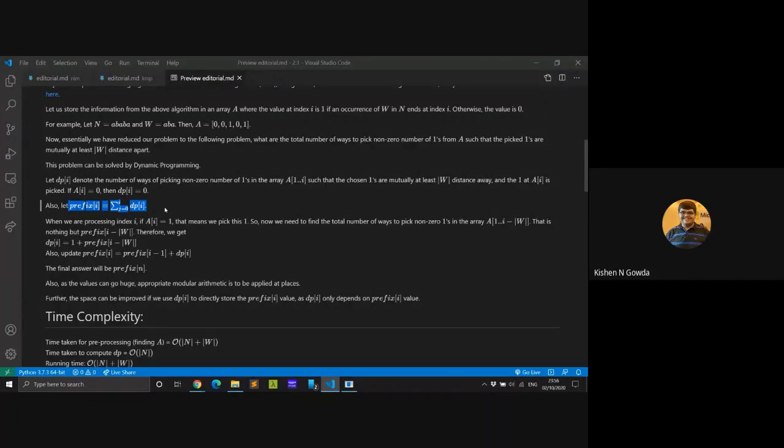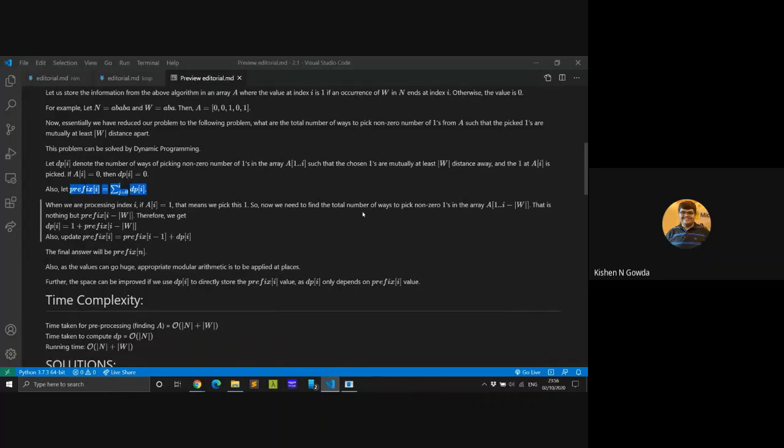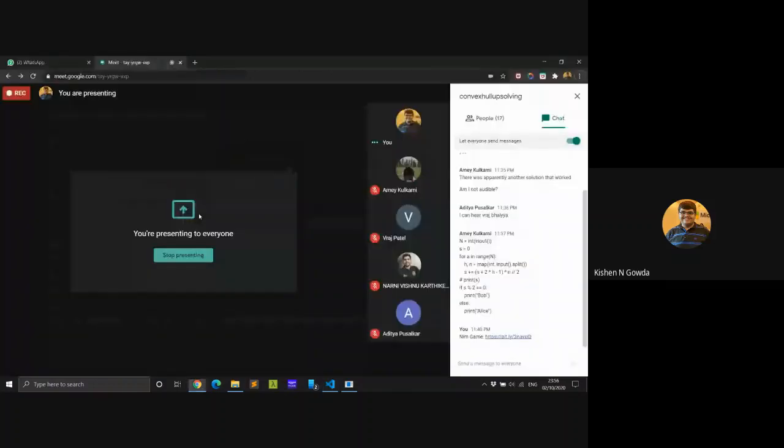And if we do summation over all such j, it's the total number of ways to pick up such ones, non-zero number of ones. So that is the meaning of prefix of I. And what we wanted here was the total number of ways to pick non-zero ones in this array, so that is nothing but prefix of I minus W. So is this part clear? Any doubts here?